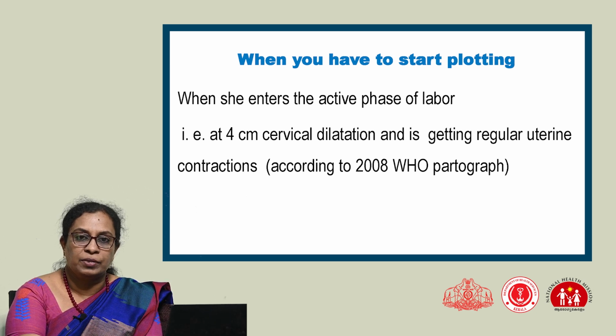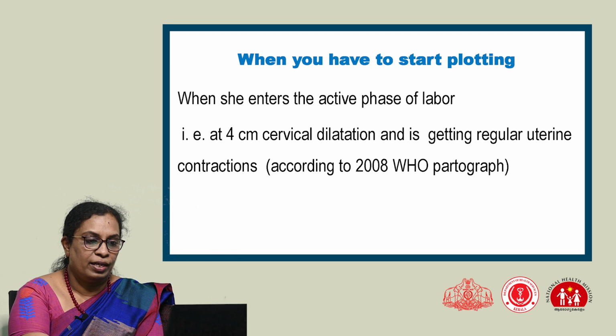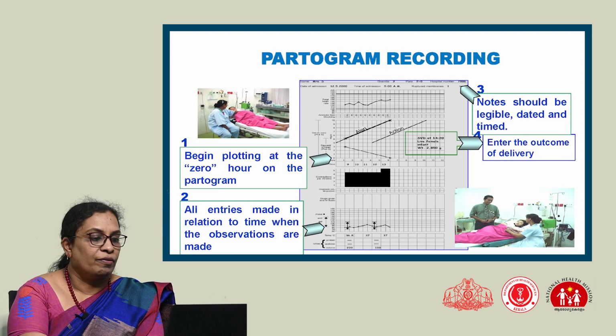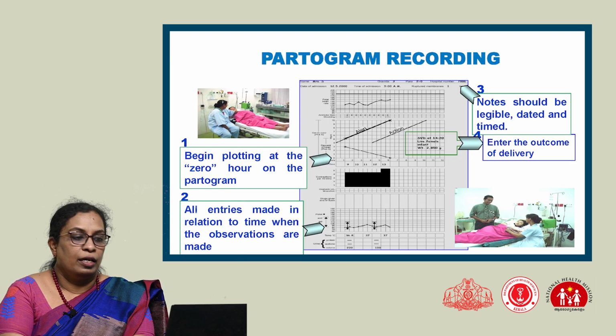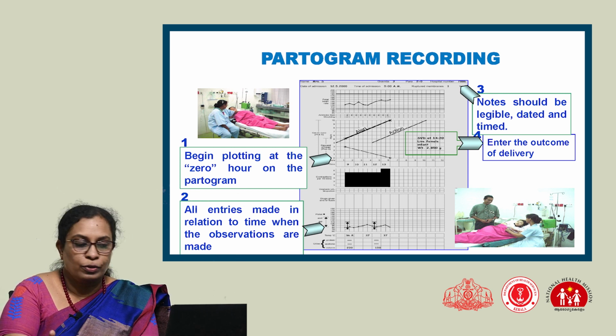Even if the patient comes in with contractions, if she has not reached 4 centimeters dilatation, you need not start recording. So at 4 centimeters we start the recording, with regular contractions, which we consider as the active phase of labor. This partograph recording, you can see, first begins plotting at 0 hours, that is 4 centimeters